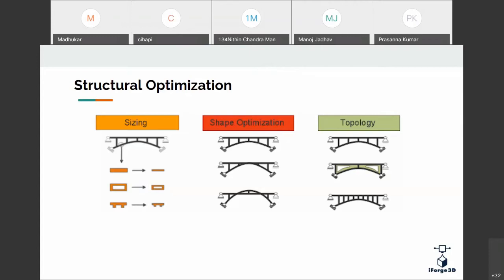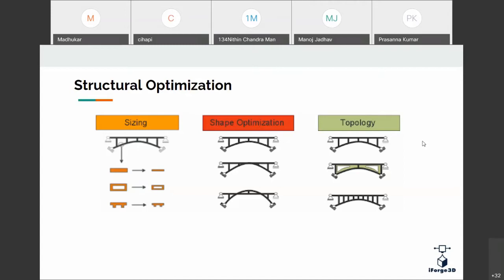If it is within your material yield limits or requirements, we proceed with that. Otherwise, we can go with another shape. If you consider the second model, it is taking very little material, and if it is achieving the required result, then we choose that shape. The second one is the shape optimization result.